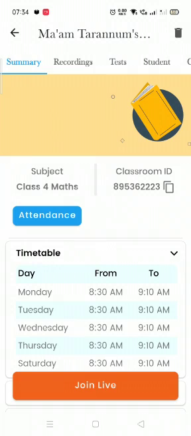The option is given, join live. That red button you have to click when the time starts, like 8:30 in the morning. You will click join live, the teacher will open it from her mobile, and you will enter her class. Right, children? So this way you can join any class.